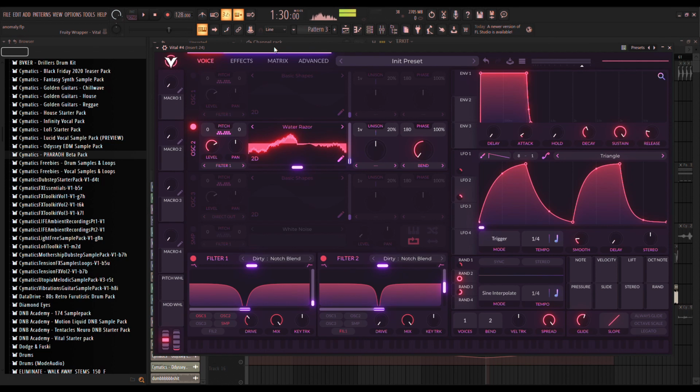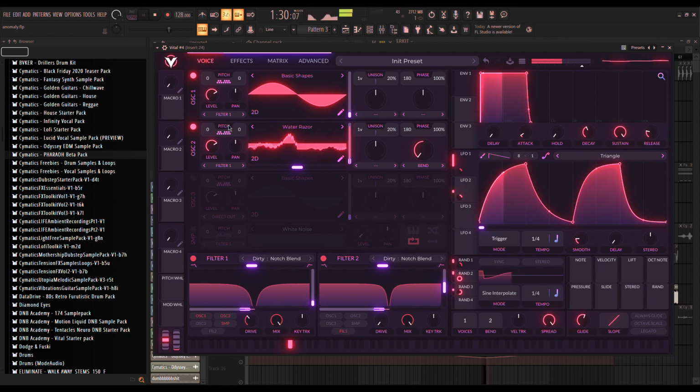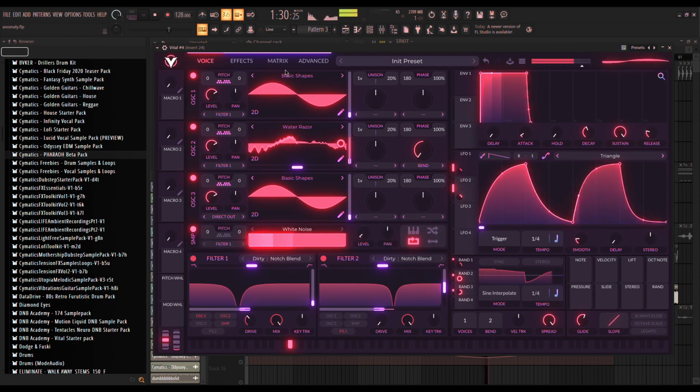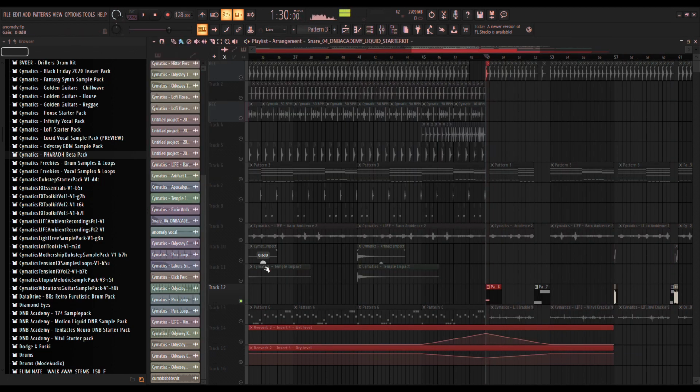This is the water razor with bend all the way down, which creates this cool valley kind of sound. Most of the sound is made from this sound. And then this is the direct sub out and a white noise to fill it in. So it becomes a